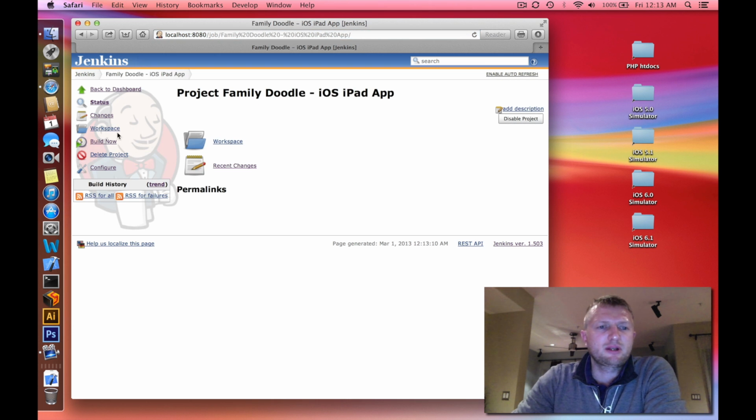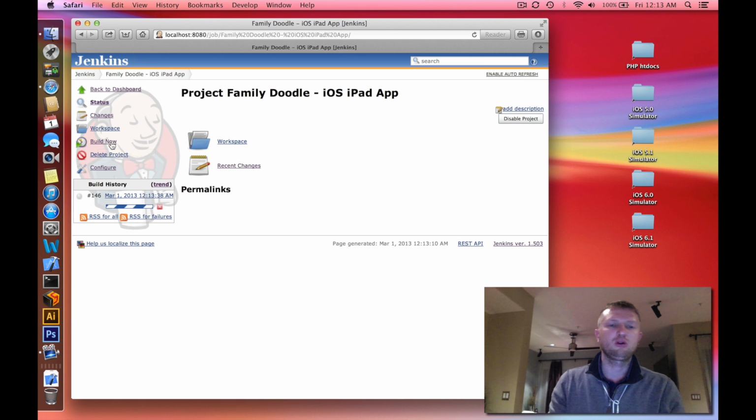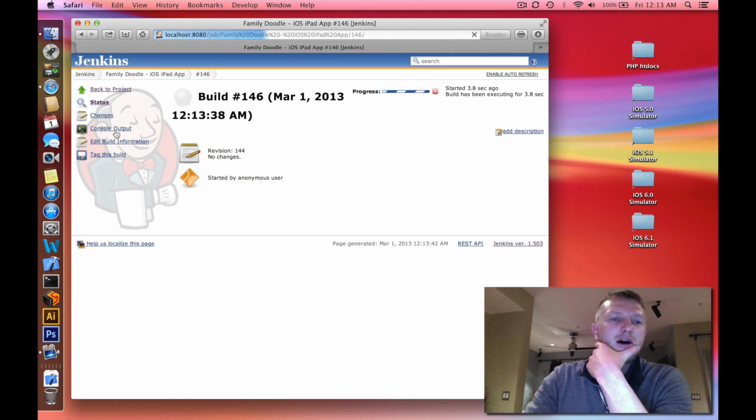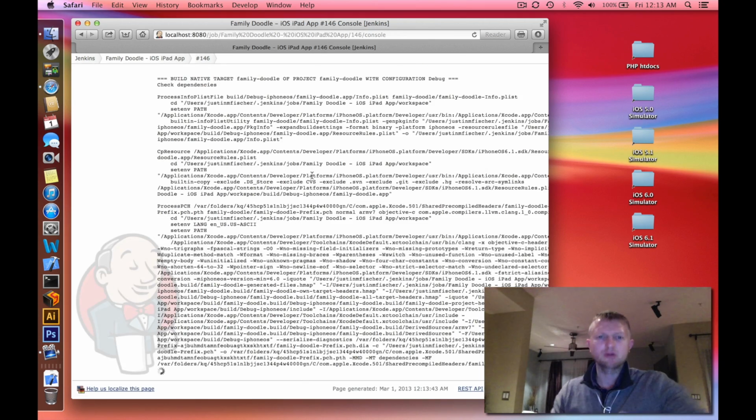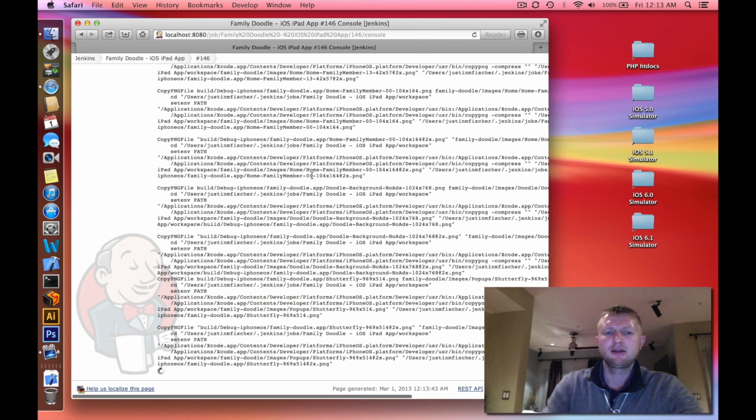In the menu system, we want to select Build Now. When I do that, Jenkins works off of a queue model, local and remote. So we essentially add a job to a queue, and that job is worked locally. If we set up a rig that was remote, then you would actually span the jobs across multiple nodes. In this particular case, we're going to build now. It will add that to the local queue. We can select the job, look at the console output. You'll see it's going through each step of the job that we configured in the previous steps, and